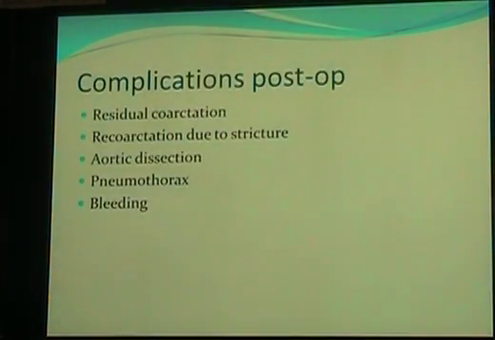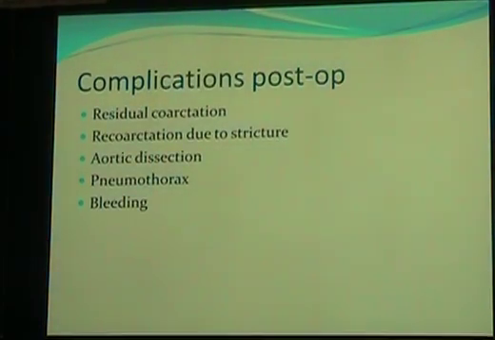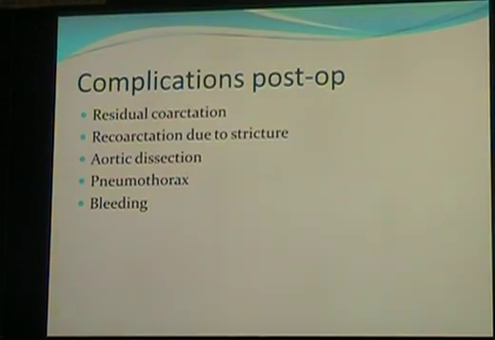So after coarctation repair, you may actually have residual coarctation. So it's very important when you're going to get one of these patients and bring them back, check a blood pressure in the right arm, check it in the leg. If there's a significant discrepancy, you may still have a residual coarctation. Over time, these may re-coarct and need to be sent back for dilatation or repair. Whenever you're touching the aortic tissue, you can get an aortic dissection, you can get pneumothorax, bleeding is a possibility,